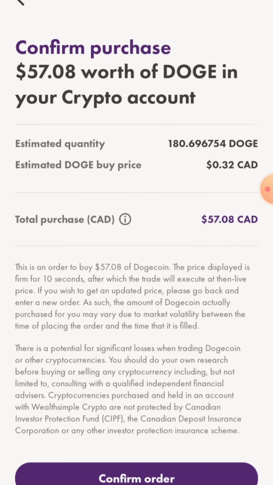When you continue, it's going to tell you how much you're going to get, estimated. Over here it is 180, and the estimated Dogecoin buy price is going to be around 32 cents. So basically, if I confirm my order now, I'm going to end up with 180 Dogecoin. So if I come here and I go to confirm,